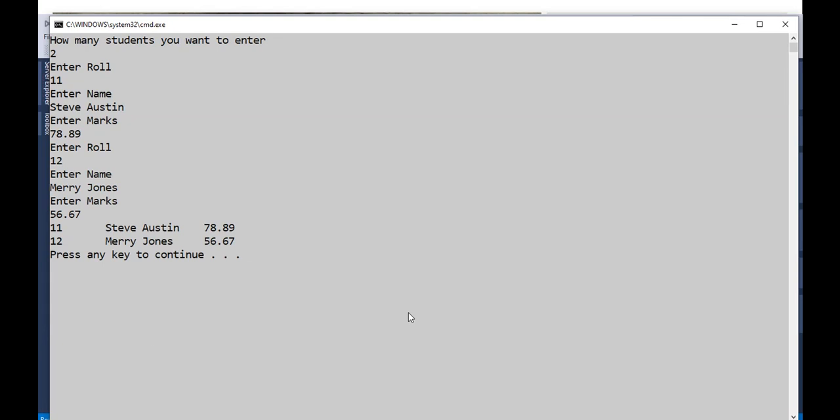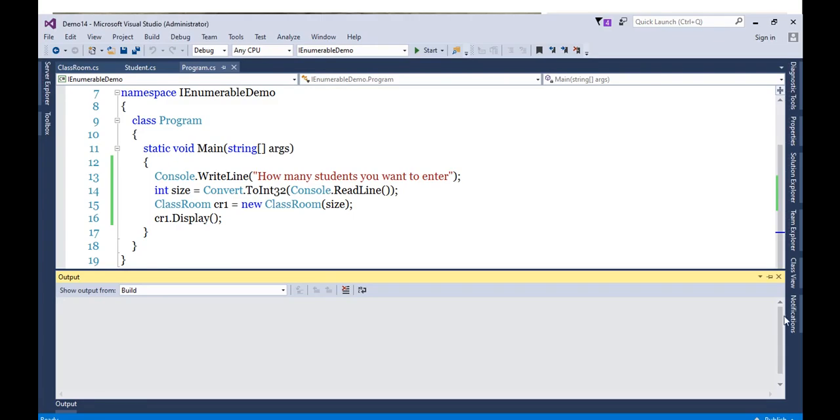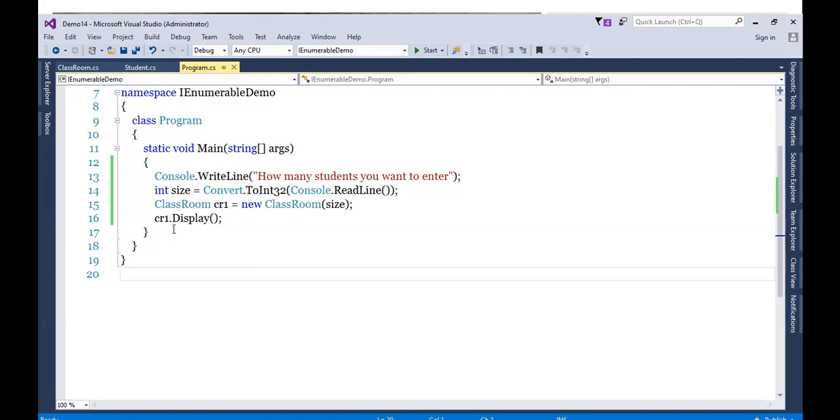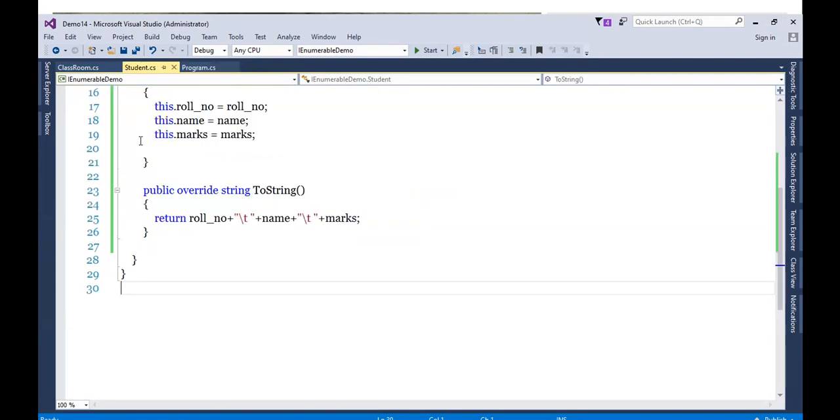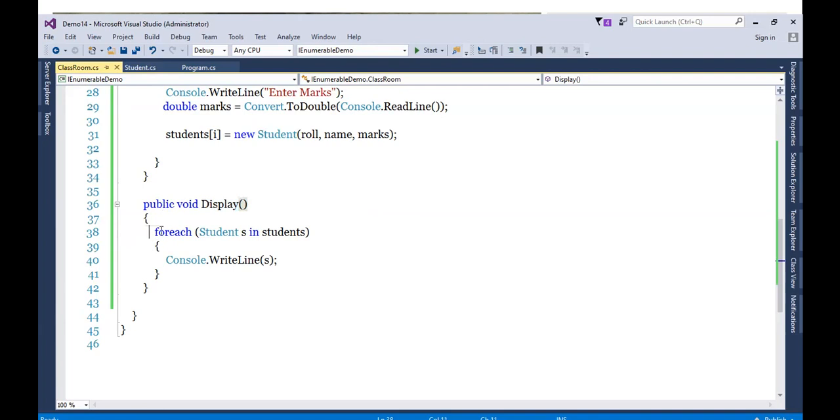So what we achieved here: using the classroom class object, we successfully iterated the student class array. To do this, right now we used a public method of the student class in the classroom class. This is the first way of doing it.